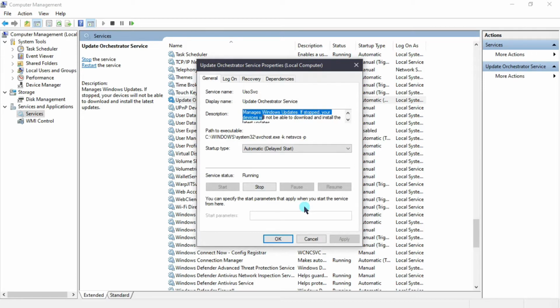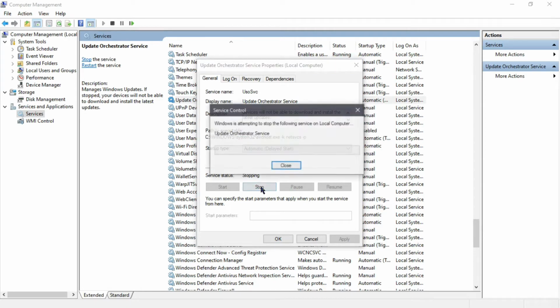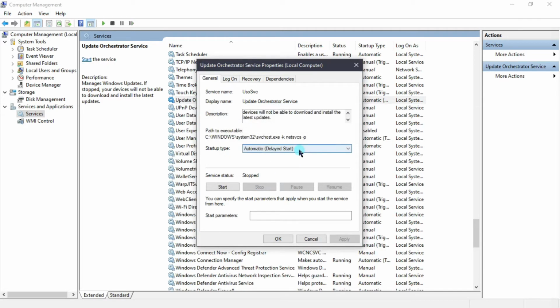If stopped, your device will not be able to download and install the latest updates. So friends, this service manages your Windows updates. Sometimes your Windows updates automatically and your data is exhausted. This service is responsible for that. So you have to again stop this service, and after that, in the startup type, select Disabled and then Apply and then OK.